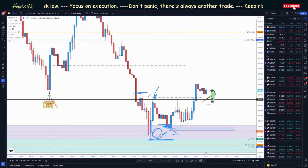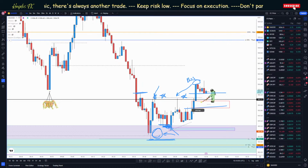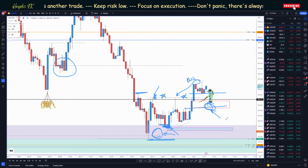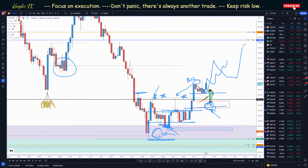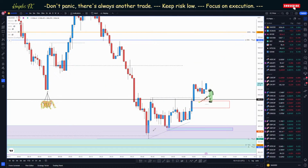Now, finally, we did get this break from this double top. So there was liquidity sitting here, and now we've got imbalance. So can price push down and do something similar to here, inside of here, and let me get into the trade? Or is it just going to form, like if this was the low, now these could be the pullbacks and we can push up, and then I keep watching it and we pull back, create a low, keep on pushing up, and we create this trending structure. There's a POI here as well,